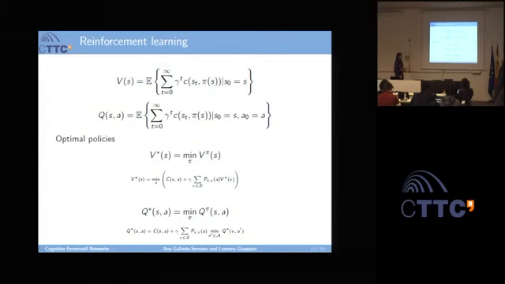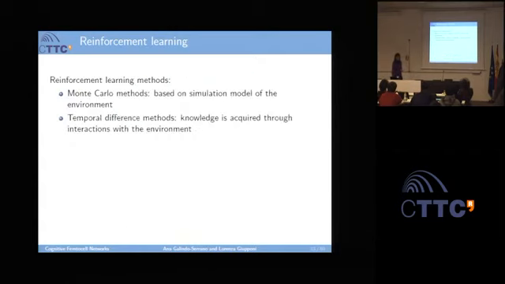Okay, so the idea I want you to keep is that you can have state values or action values. The state value will measure how good it is for an agent to be in a state, and the action value will measure how good it is for an agent to execute an action in a given state. So this is the main difference. Okay, I want you to keep this one in mind. The Q function is how good it is for an agent to execute an action in a given state.